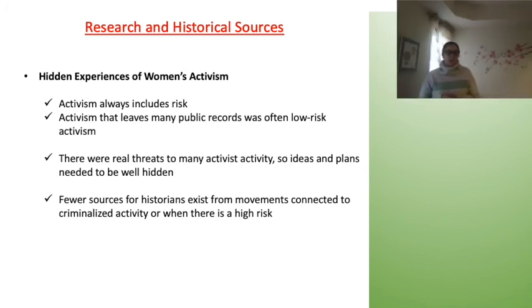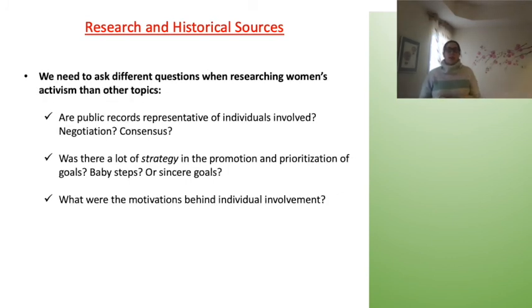We need to ask our sources different questions when we're studying social movements and activism than we would with other topics or other areas of women's history. For example, with social movements, we have these public records, but it's harder to identify private intentions. Are the things that communities or movements articulated as public goals the same as what individuals in that community want? Was there disagreement over those? Is it strategic to highlight certain things? Is there a consensus? This is hard for historians to identify, and we need to think about this when looking at some of those public sources.